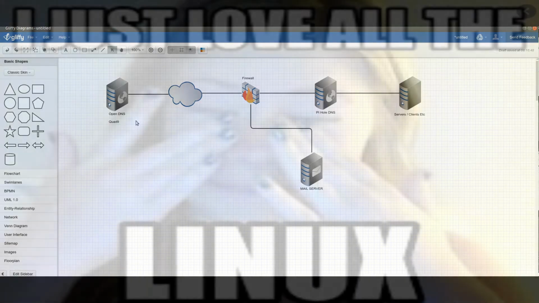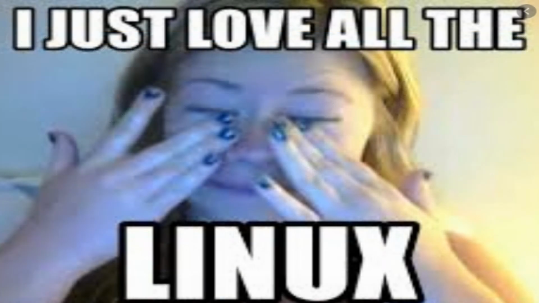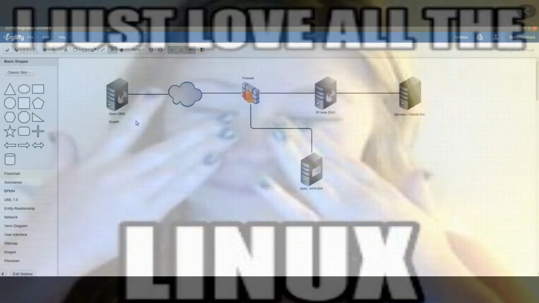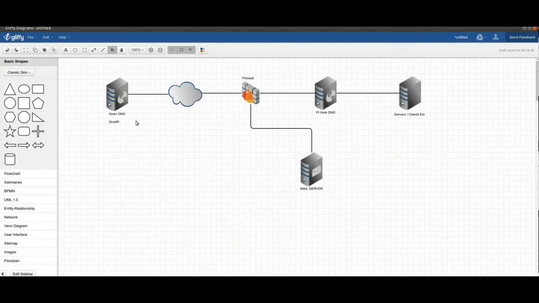I am a huge Linux fanboy, and because of that, I'm still with Android. That said, Apple does have a much better security model. I will probably end up getting an iPhone at some point. I've done mobile forensics on both of them, and the forensics on the Apple is a lot better than on Android. Pretty much everything's wide open on the Android at all times. It's recording everything, and it's a little scary. Anyway, so we're going to move on.